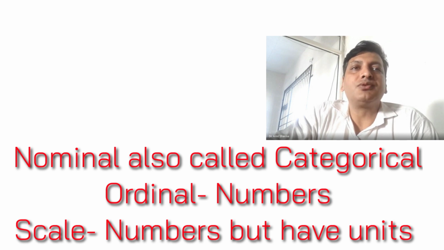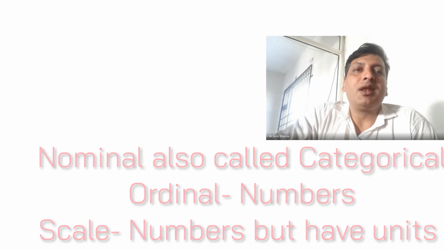Ordinal and scale are given in the form of numbers, whereas nominal data has some options to choose from. For example, if you have three different drugs, drug A, B and C will be called nominal type of data. Gender, male and female, will also be nominal type of data, whereas age of the patient, weight, BMI, fasting blood sugar, then disintegration time and dissolution time, all these types of data will be called numerical.